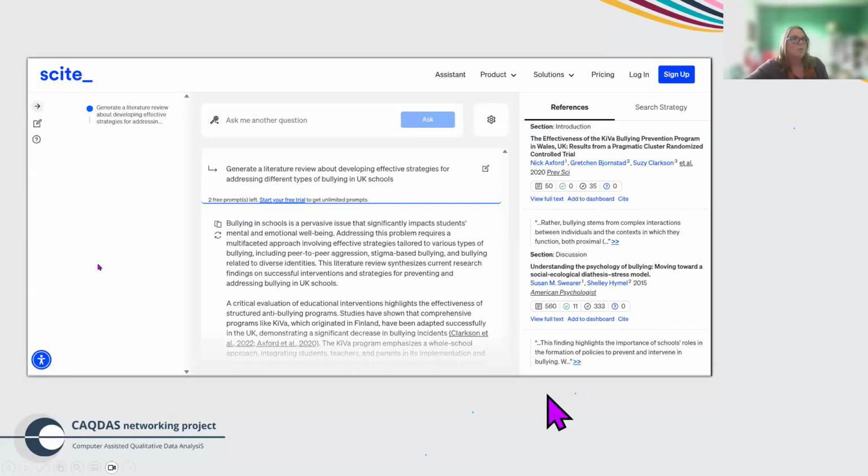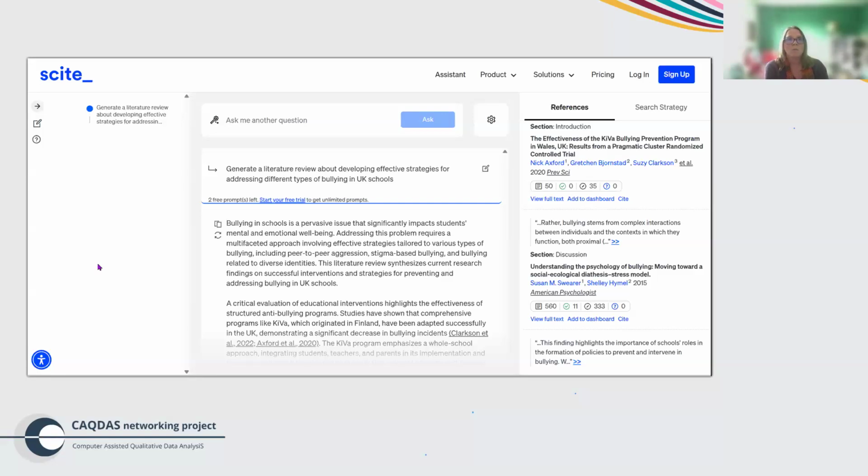Okay, so I saw a few other names of literature reviewing tools up here, and also some discussion about hallucination. One of the things that you have to be really clear about is the hallucination. Hallucination, if you're not aware, refers to the idea that models may make up information. So if a model doesn't know the answer to a question you pose, it may just make up the answer rather than say that it doesn't know the answer.